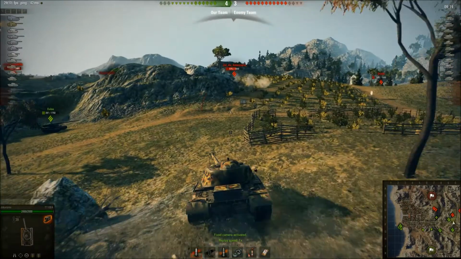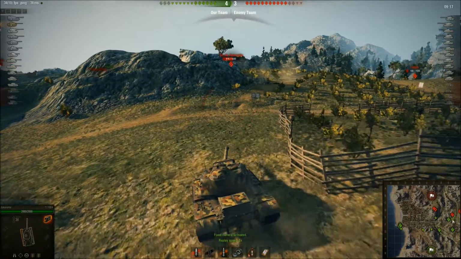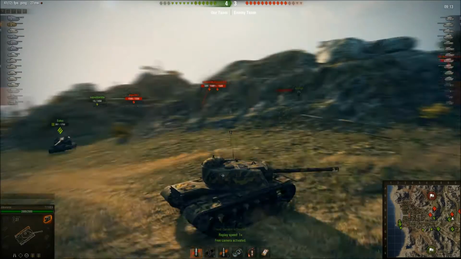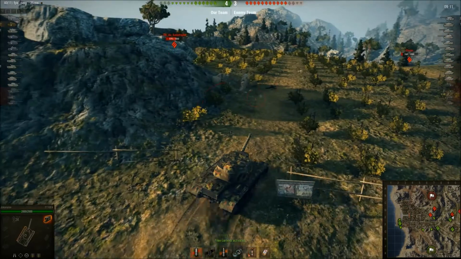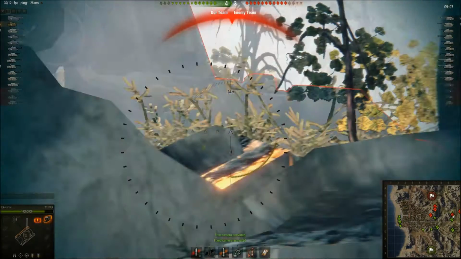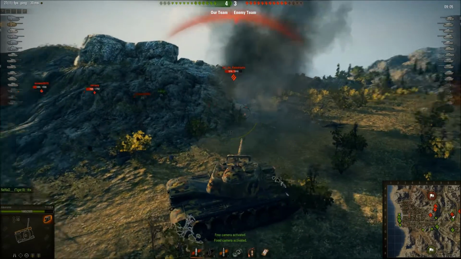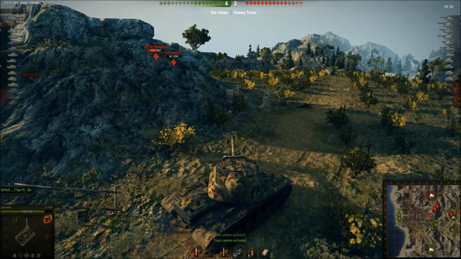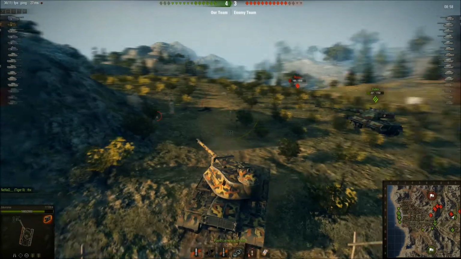So he angled his start against this Tiger 2, and I think he was actually paying attention to those guys on the ridge, and he's going to play very aggressive on this King Tiger, as he should. So this is some good gameplay by him, because